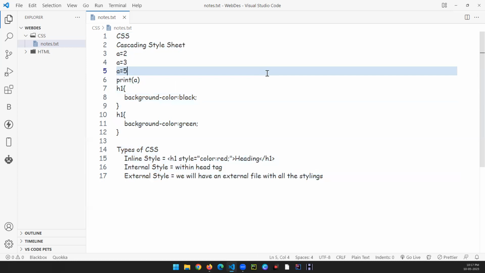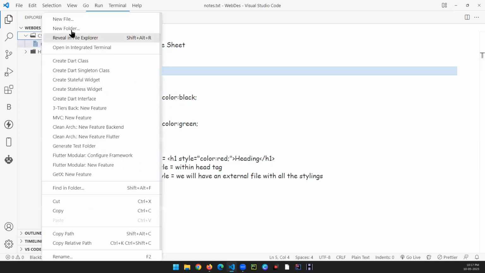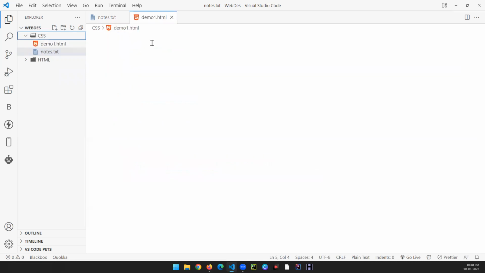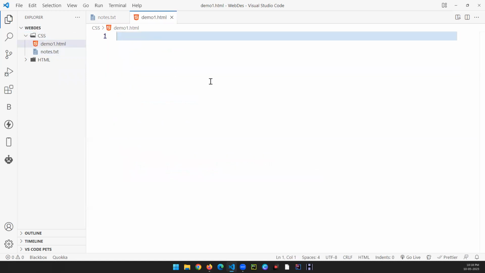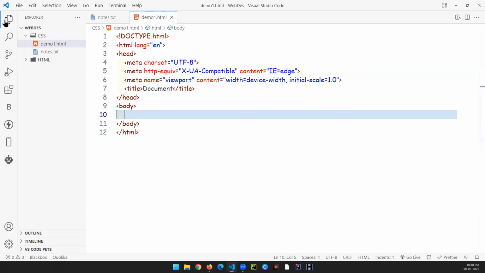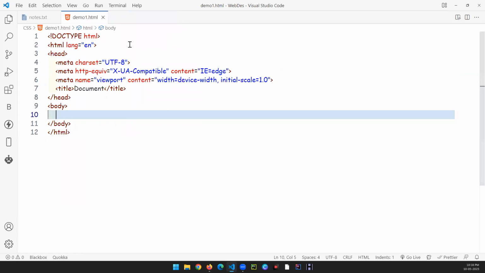First of all, let's understand with the help of examples now. So for that, what I'm going to do, I'm going to create one demo html file over here, demo1.html file, and let's start with our boilerplate. Okay, and over here, the same thing I had explained in my text file,